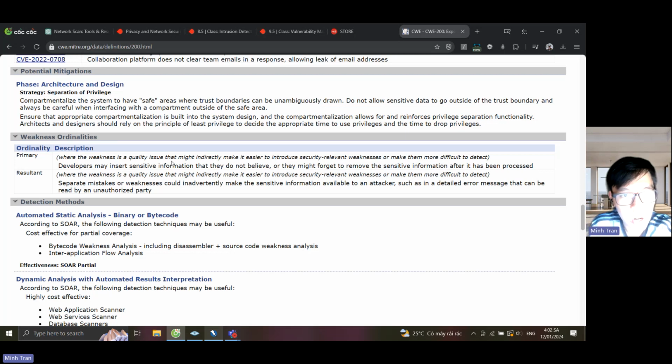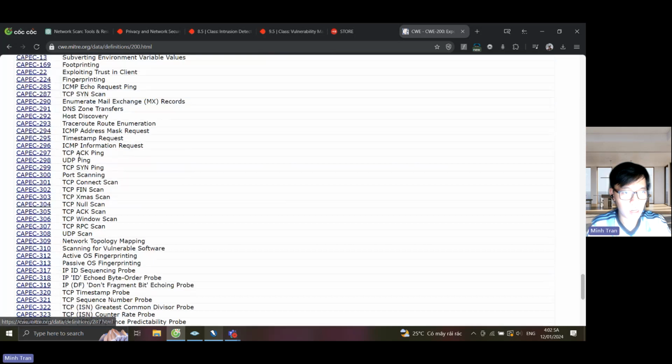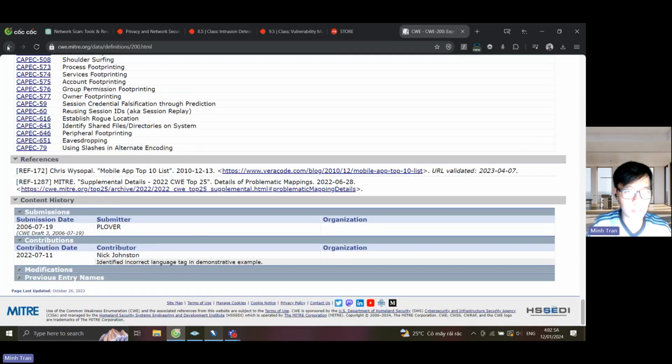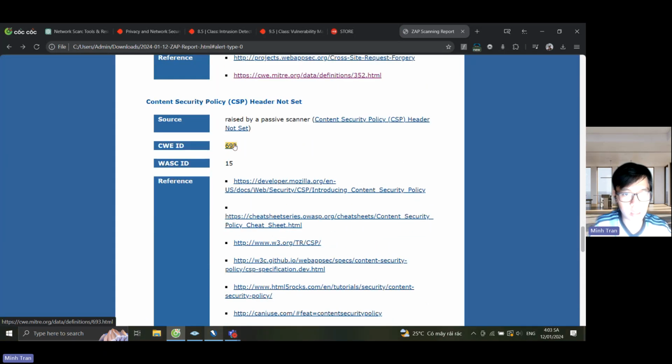Architects and designers should rely on the principle of least privilege to decide the appropriate time to use privilege and the time to drop privilege. That means they have to prioritize and they have to protect the sensitive data. Ultimately, do not let the confidential information leak out. Otherwise, it can pose a huge threat to the security system. Here's some further information about this vulnerability, and the last one, which is this CWE ID